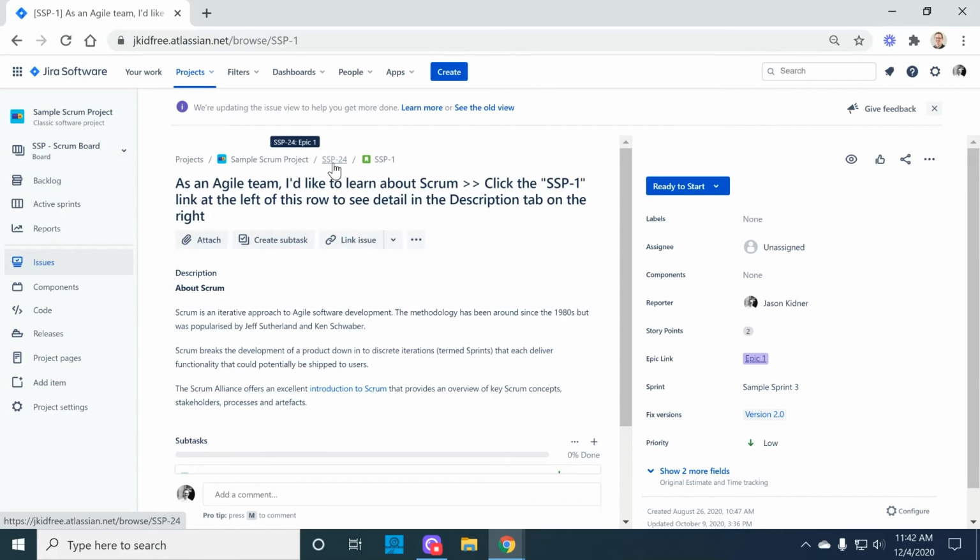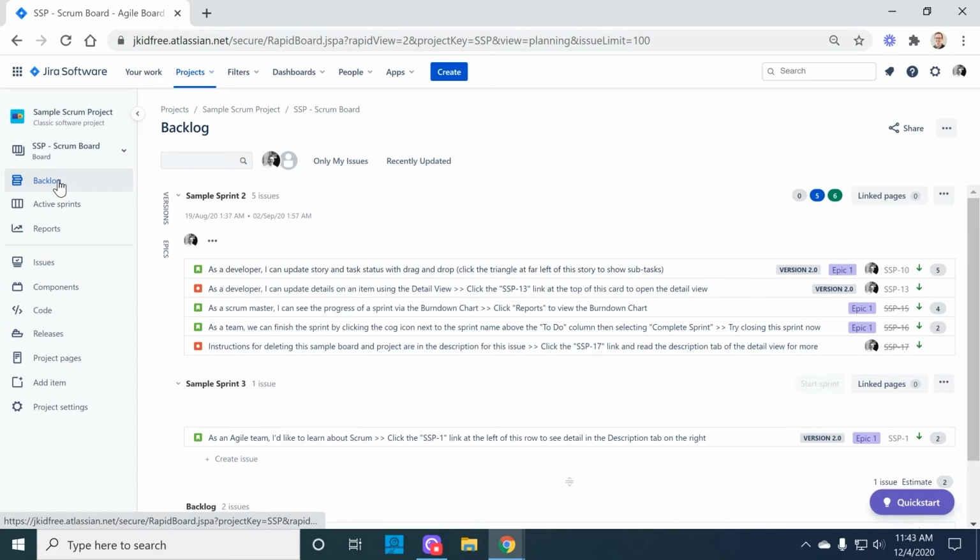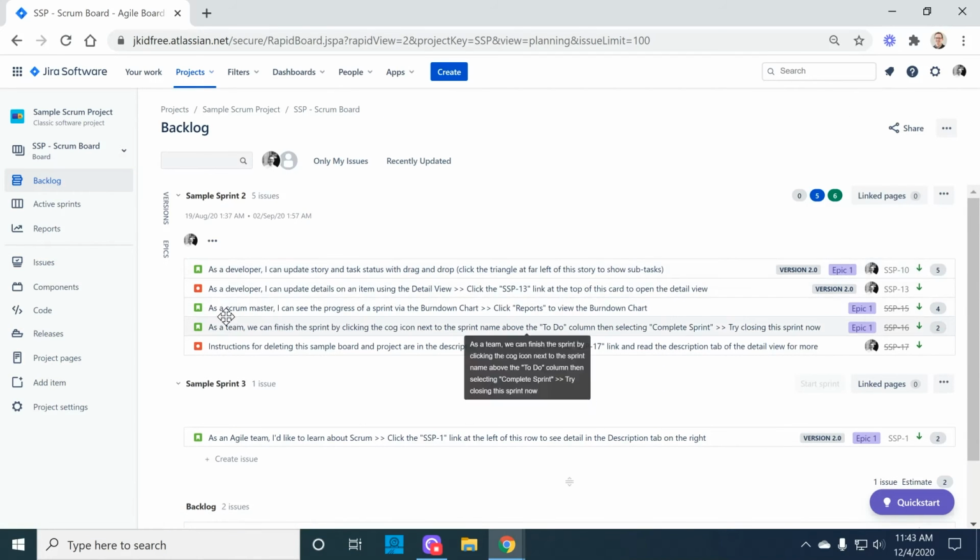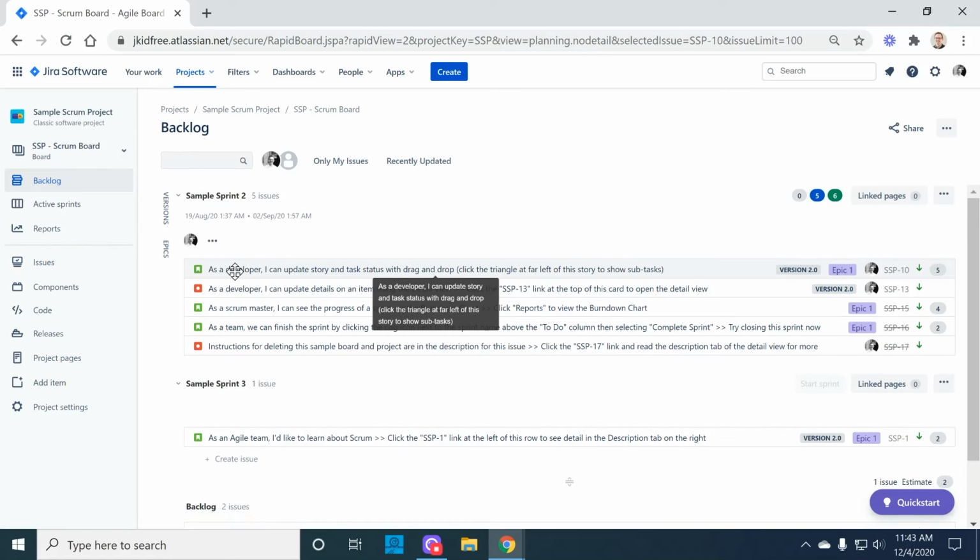So the next thing to show you is how the view screen shows on the board. So let's go to the Scrum board backlog that's been set up in this project. And what I want to show you is what happens when you choose the cards on these different views, the backlog view and the active sprint view. So when you choose the card here on the backlog view,